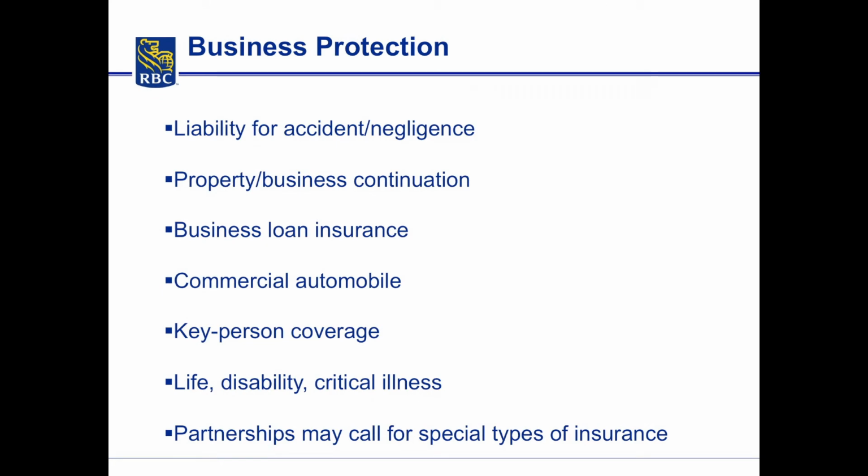But let's say that loss happens and you didn't buy business continuation or business interruption insurance, and you've had to close your doors for 3 months. That will significantly hinder your ability to do business, to pay off your debt. So just make sure you have the right coverage for some of those contingencies that can happen, because these accidents do happen and it can be unbelievable what it can do to your business.